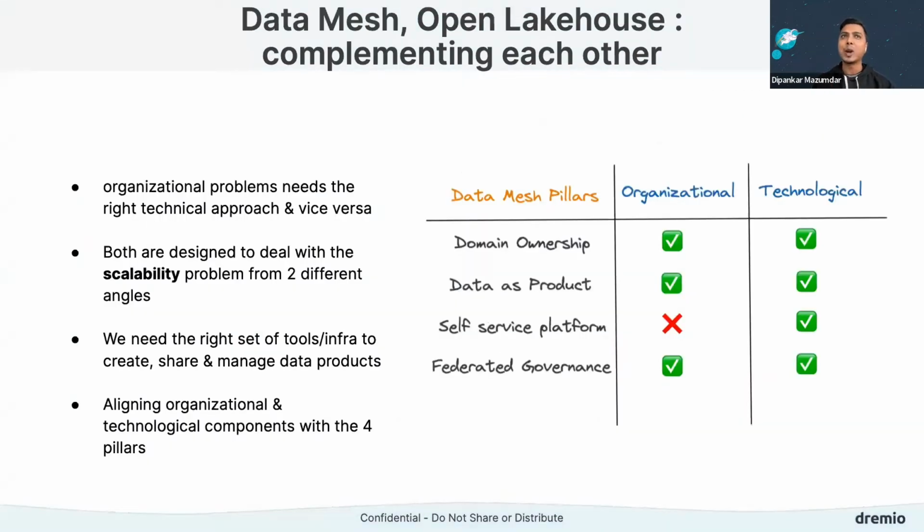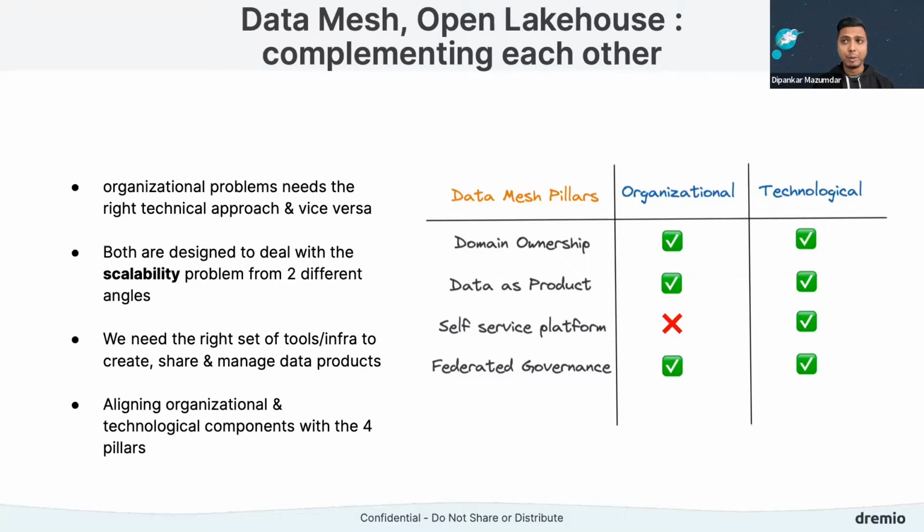How I try to see is that I see these two, one is a paradigm and one is a technological approach and architecture. I try to understand how they complement each other in a way. Ultimately, the whole idea behind data mesh is to deal with the scalability problem that we've seen with modern data architectures, right? If we go to the crux of the problem, scalability is one of the main issues, and that's why we have things like this.